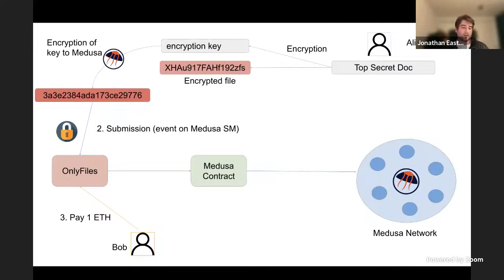And Bob's going to decide, okay, yeah, this seems valuable. I want to pay for this. I want to unlock it. So Bob's going to see the price on the website, and he's basically going to click a button to send a transaction to say, here's 1 ETH. I want to unlock this file. And so in